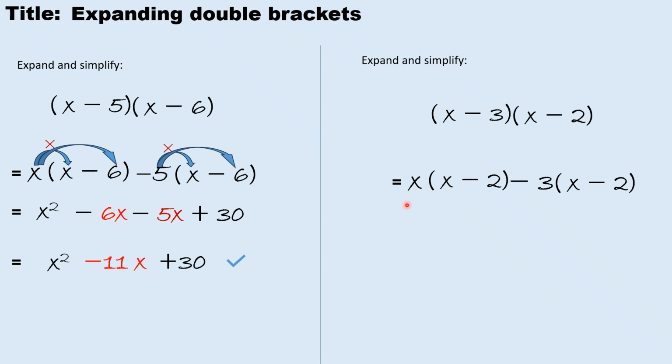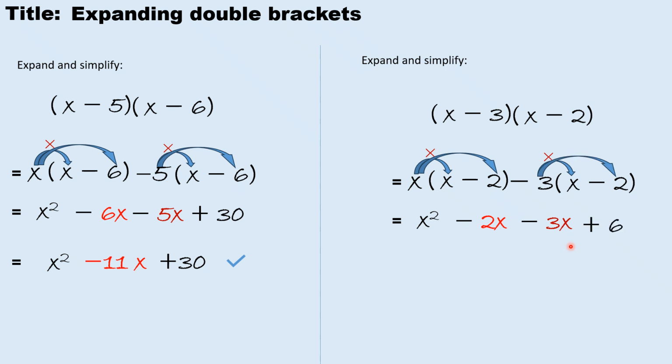Let's expand. x multiplied by x is x squared. Then x multiplied by minus 2 should give you minus 2x. Then minus 3 multiplied by x is minus 3x, and then minus 3 multiplied by minus 2 will give you